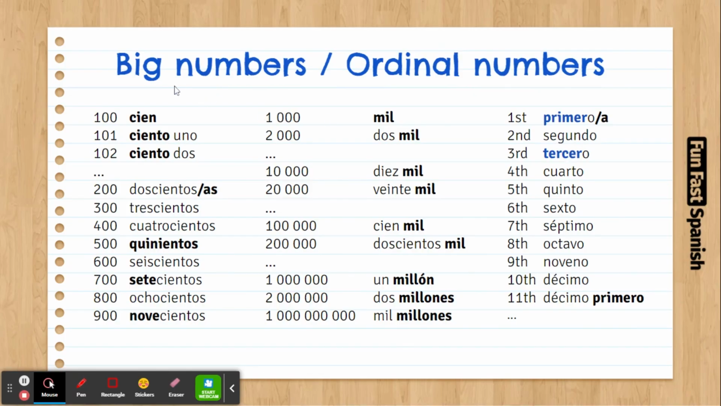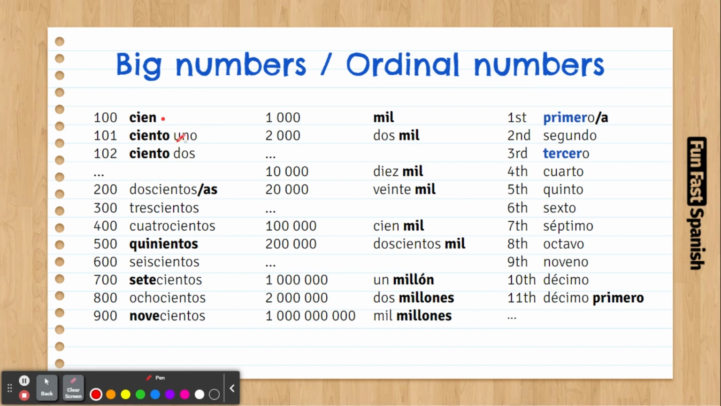Today's video is going to be short. It's about the big numbers, more than 100, and also about the ordinal numbers: first, second, third, and so on. So for the hundreds, we have 100. That was the last number we learned. And then